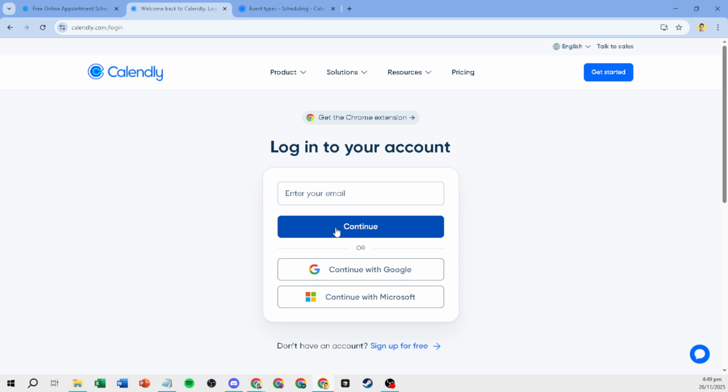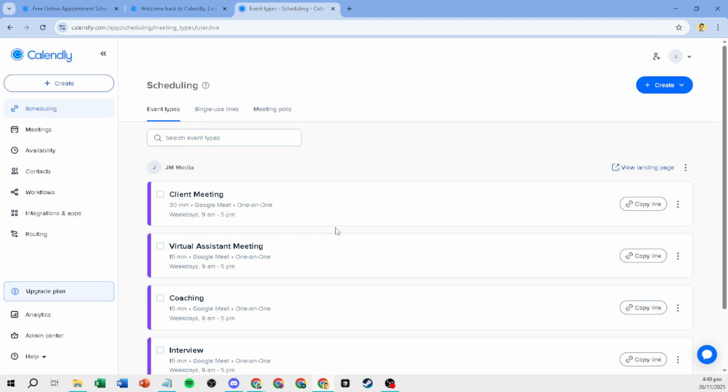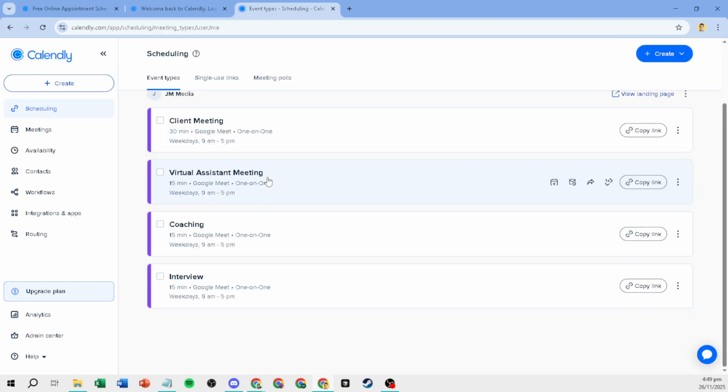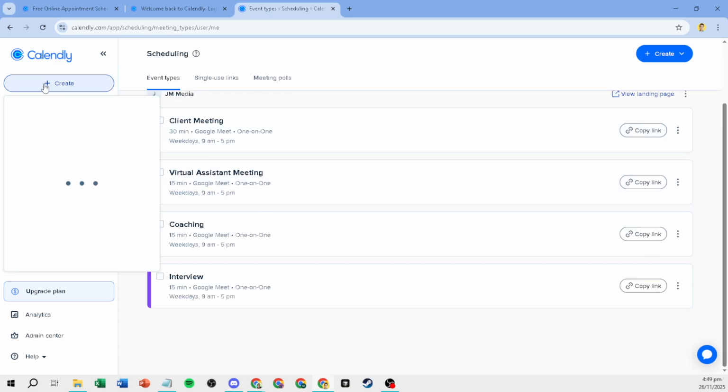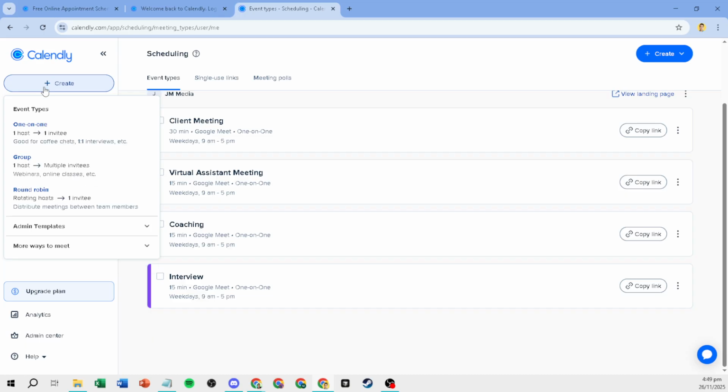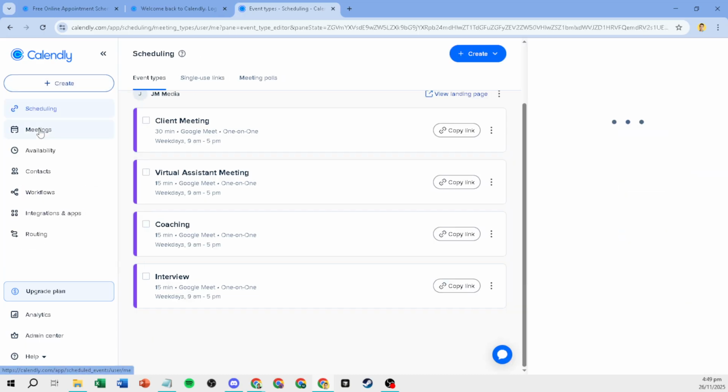Once you're in, you'll land on your Calendly homepage where your event types live. From here, click Create to set up a new event. Choose the one-on-one event type. This is perfect for sales because it lets a prospect pick a time that works for both of you without